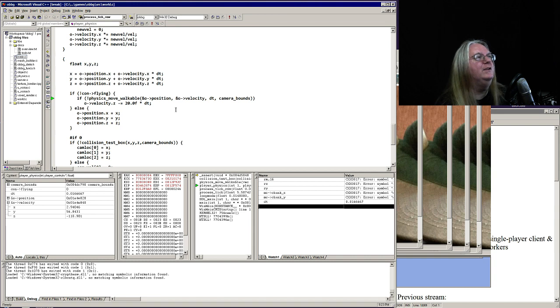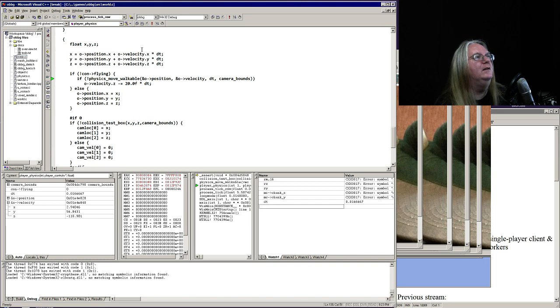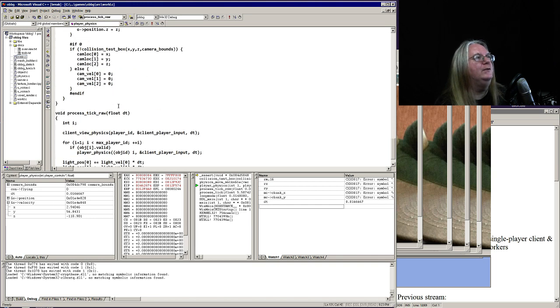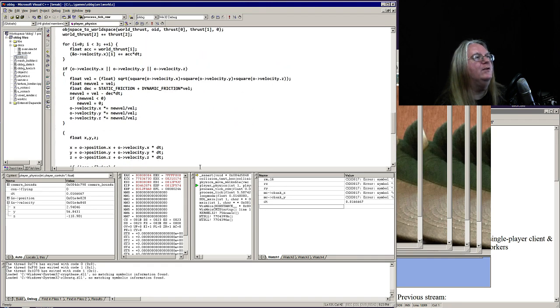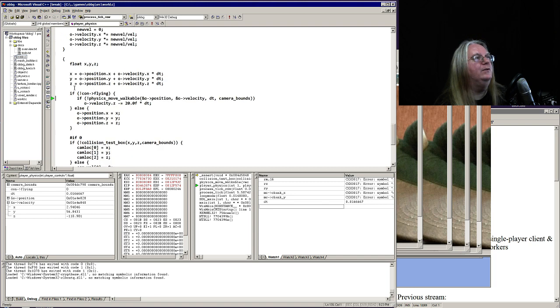DT is a 60th of a second as expected. Velocities, where do we increase our velocity? Oh, that's always in the fall code, which is player physics, which is this code right here. Always scales it by DT. So something in this logic, and in this particular case it's important because I want the physics to be able to run,